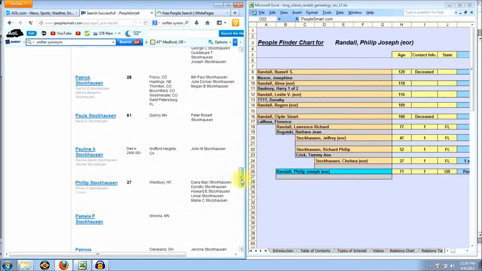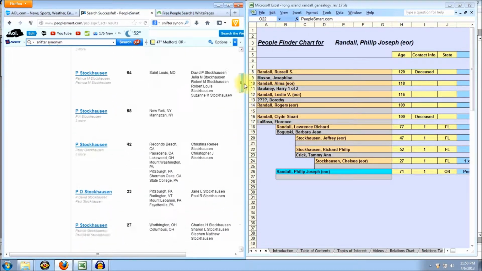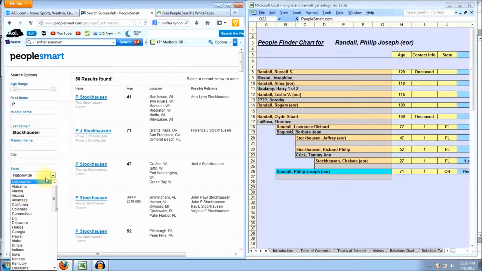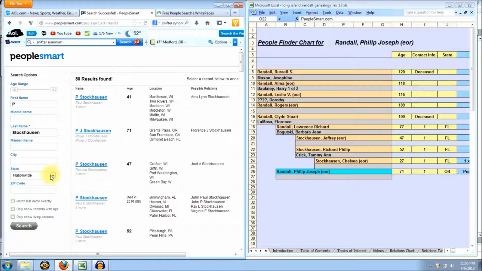It comes up with a very long list, which is obviously too long. I want to narrow this list down a little bit. And there are several ways that you can do that. You can screen this table by age, or you can enter a first name, a middle name, a maiden name as applicable, or you can narrow your search down to a specific state. All of these things are very effective ways of cutting your list of possibilities down to an acceptable list of